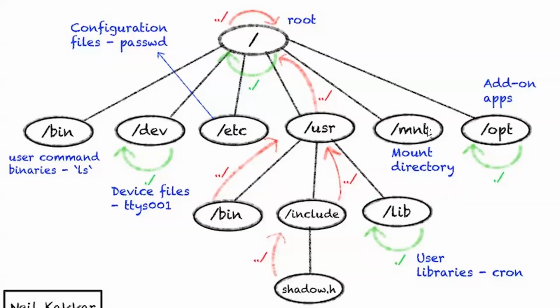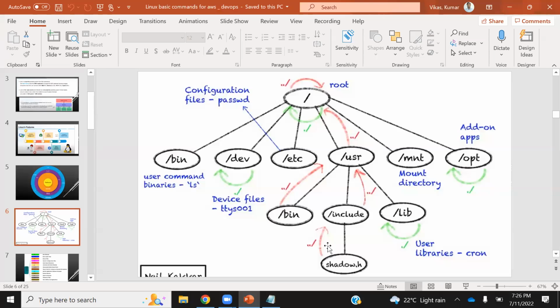Now, one very important thing you should know about Linux is that when I start with Windows, I say C drive, D drive, E drive, X folder, Y folder. But when you start with Linux, there is no concept of folders. In Linux, everything is a directory. So there is no folder, there is directory. Or you can say whatever is a folder in Windows is a directory in Linux.